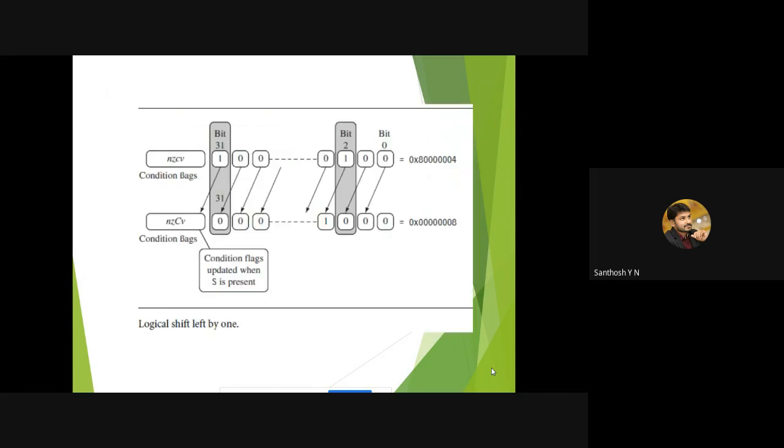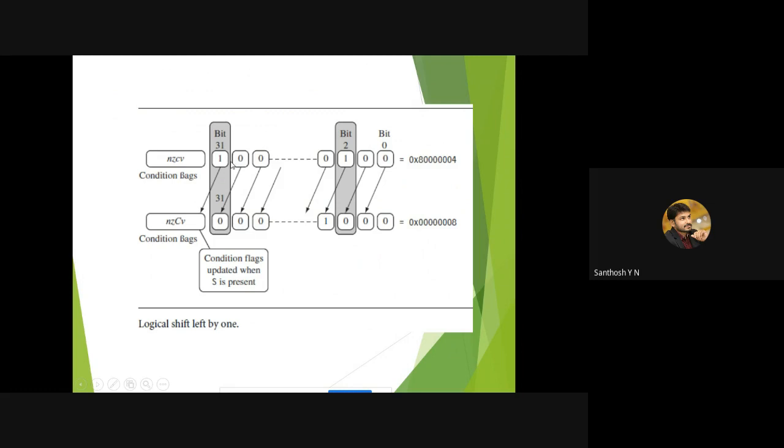Okay, I'll explain one of the shifting operations here. As you all know, the bit positions range from 0 to 31. That is, we are performing the shifting operation on 32 bits. 32 bits is the data that we have considered here. It is 80000004, and that data is written in the form of a binary representation.